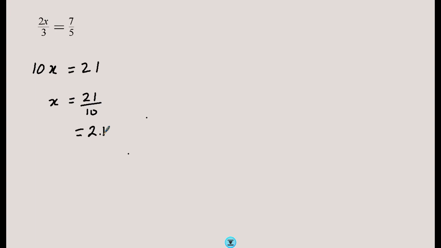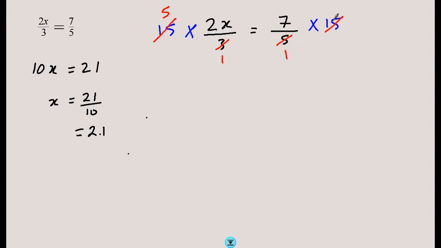Well, cross multiplication is multiplying both sides of the equation by a certain number that will allow me to get rid of the fractions. And in this case, let's write it again here. What will help me get rid of the fraction is a multiple of 3 and 5. And it's best to take the lowest common multiple, which is 15. So what we are doing is we are multiplying both sides by the LCM of the two denominators. When you simplify, the 3 cancels out with the 15, leaving a 5. 5 cancels out with the 15, leaving a 3.